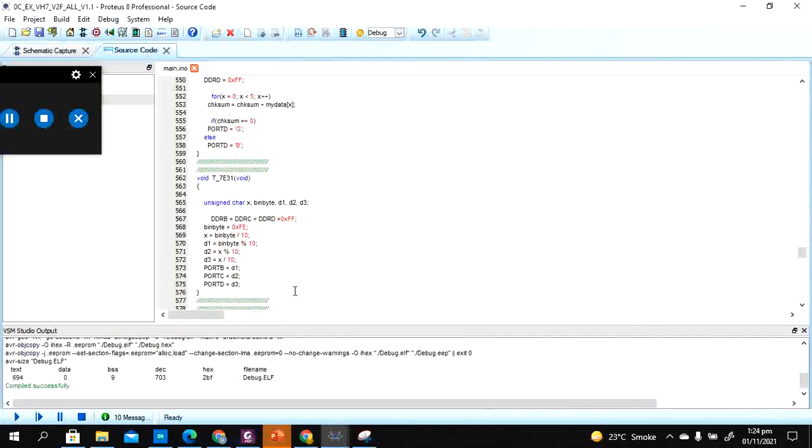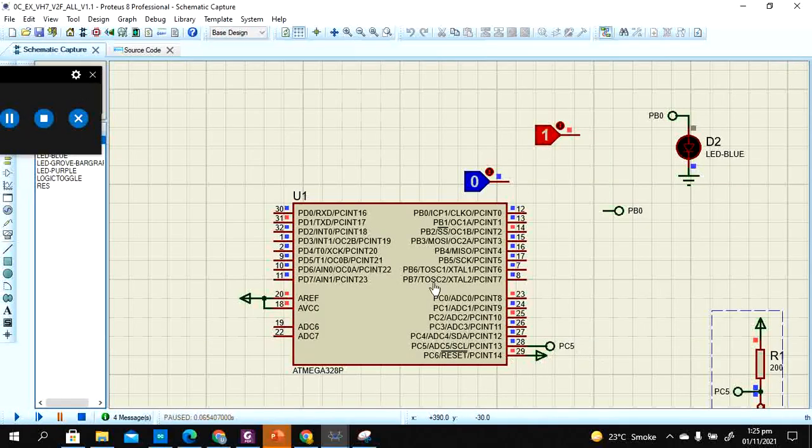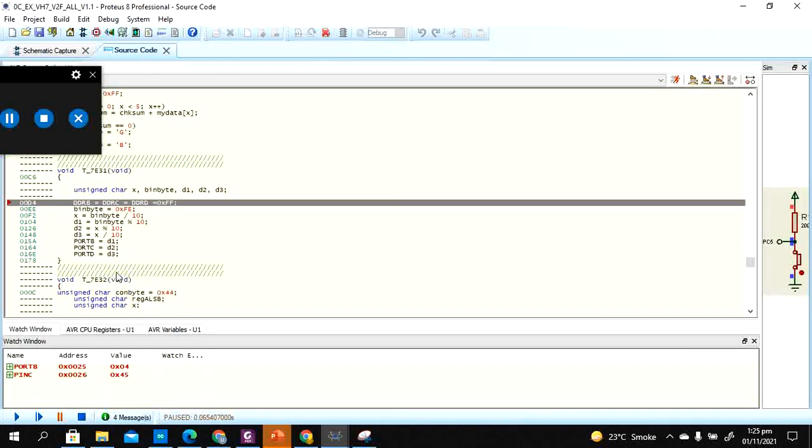So if I change this program from FD to FE, which will make it 254, the value is going to change, and this value change is going to be represented here. So this is going to 2 5 1 0 1 and 4 254. So you can see the change, and you can display the data and make the separation with a simple algorithm which uses these techniques to do this thing.